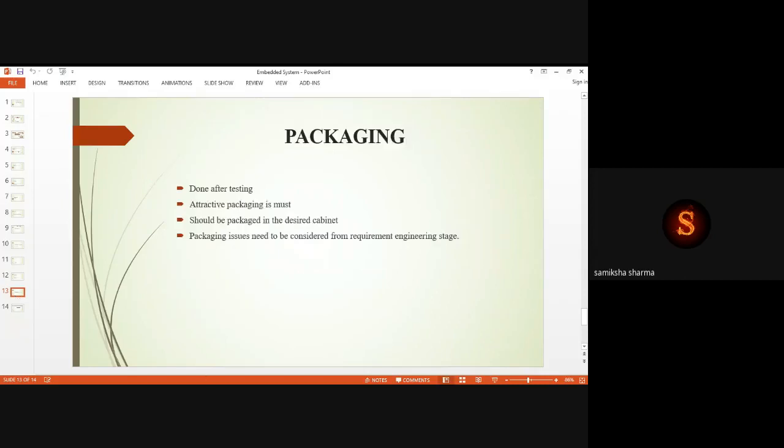Now, packaging. It's the last stage, and it is done after testing. Attractive packaging is a must. It's the human tendency that attraction is the primary need. When the system is very attractive, it can attract the attention of the client. So the packaging must be attractive, and the system should be packaged